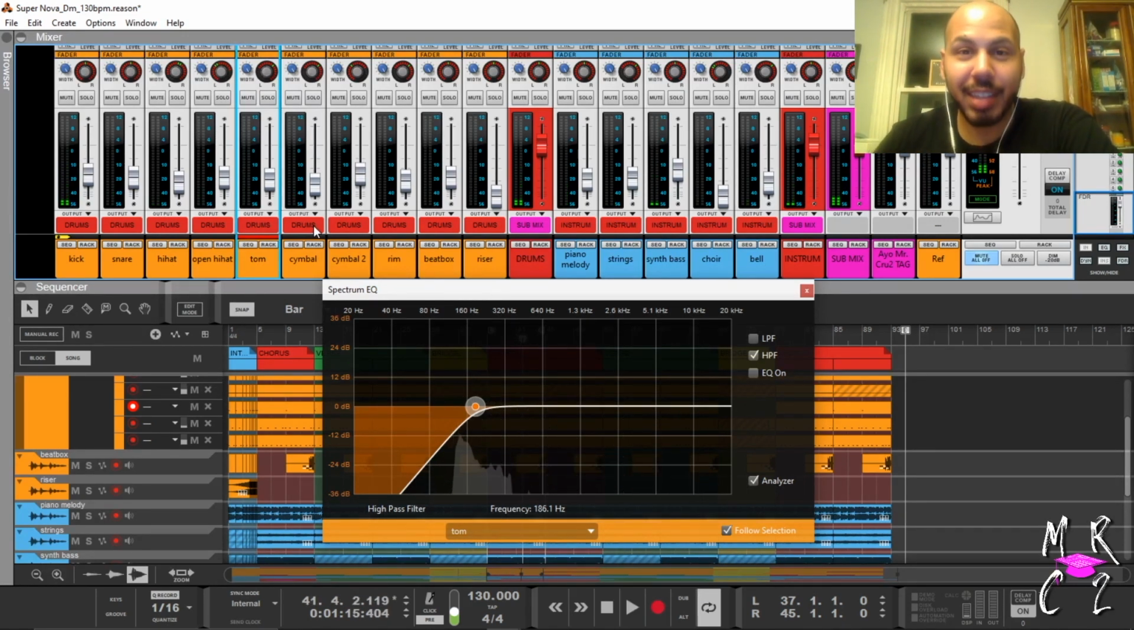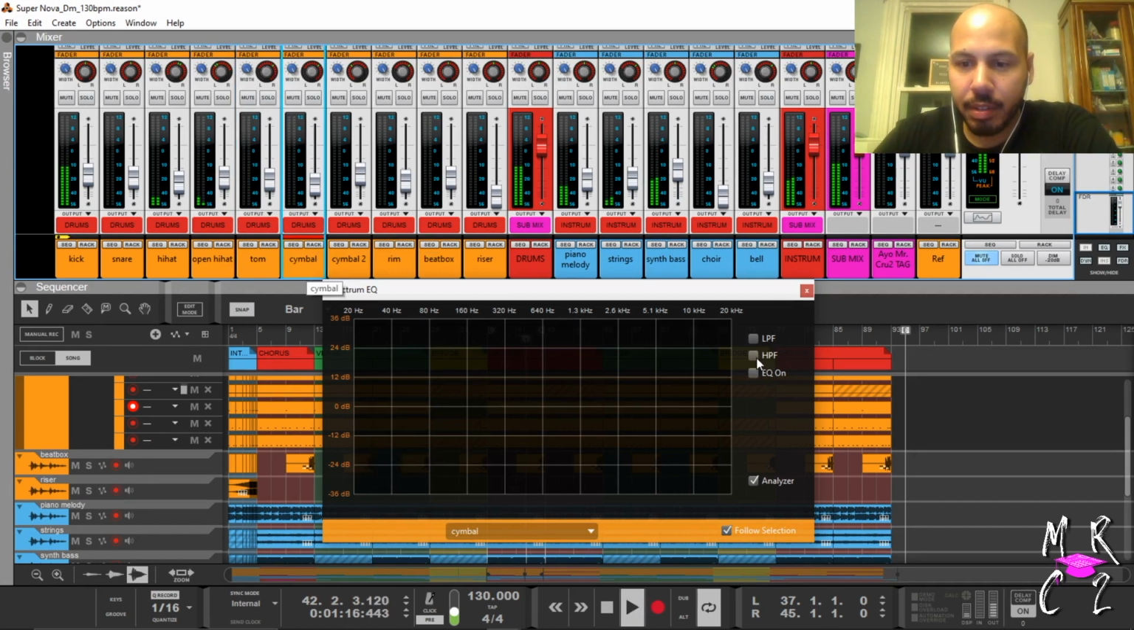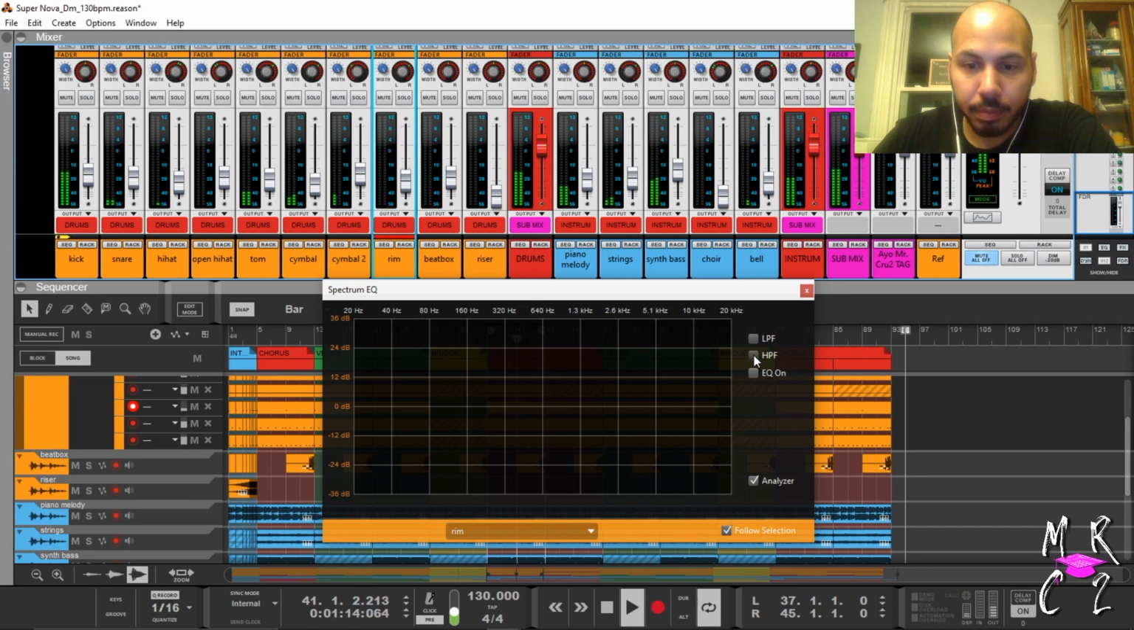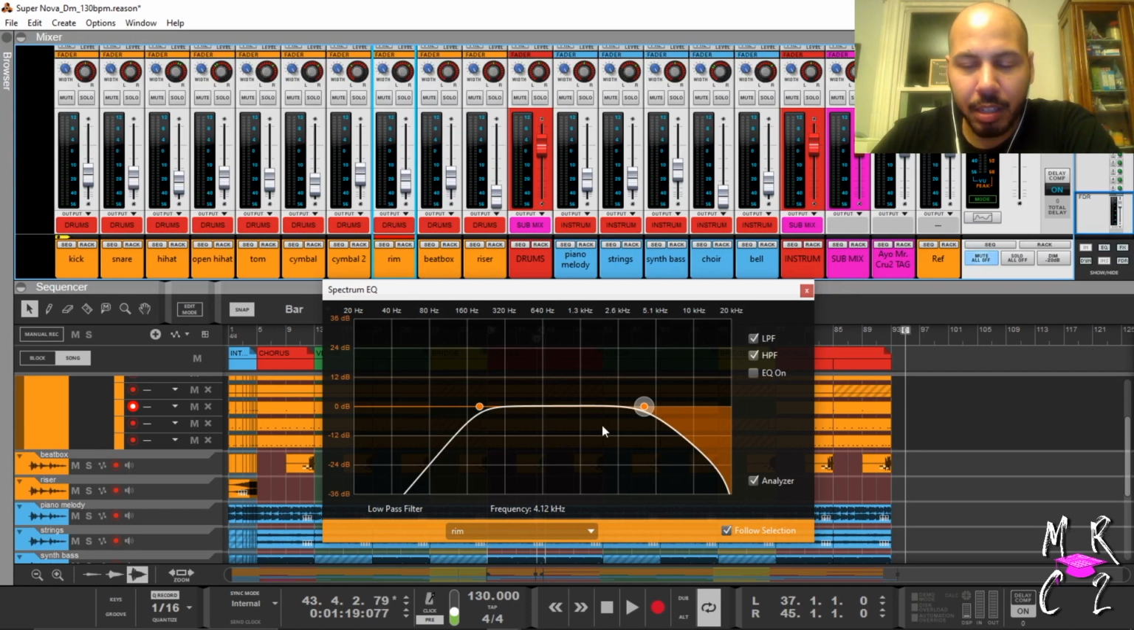Right. So we can kind of still get the feel of the tom drum without having the low end that was coloring everything else up. Like, I don't even need to listen to a cymbal to know that that's all high end. Same thing with the rim shot, but I'm gonna cut some of the high end out just because we don't really need it in order for